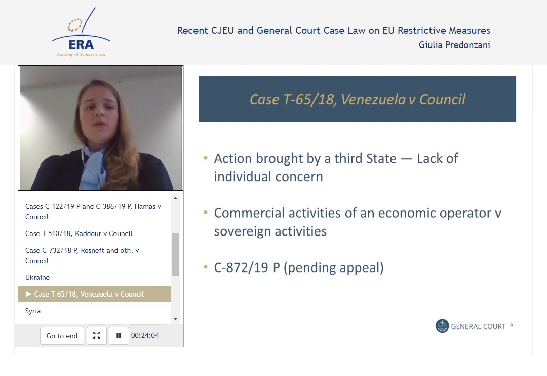But of course, the General Court also found that Venezuela was not explicitly and specifically referred to in the contested provisions in a manner comparable to an individual applicant. Interesting it was as well to read which are the differences between a third state who has a field of action that is characterized by extreme diversity and cannot be reduced to a specific activity, and therefore is somehow less impacted than an individual